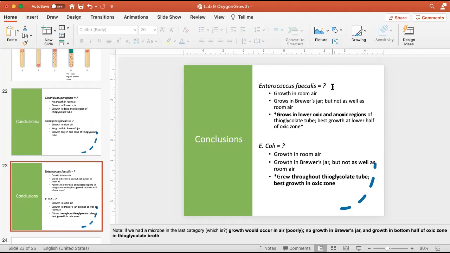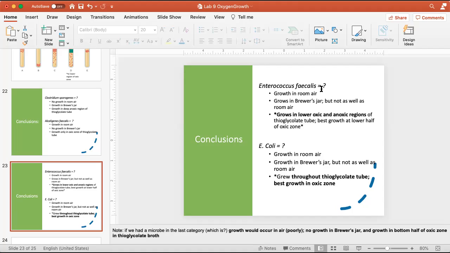Enterococcus faecalis grew in room air, and it also grew in the brewer's jar, but not as well. It grew into little colonies. It didn't grow very well. It grew in the lower oxic and anoxic regions of the thioglycolate tube, but the best growth was in the lower half of the oxic zone. And remember, we said that makes Enterococcus faecalis